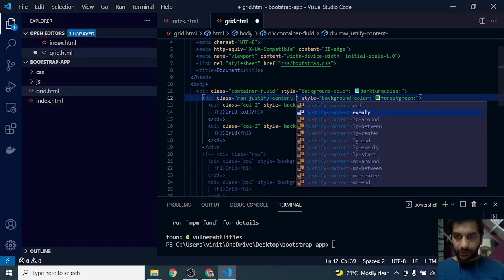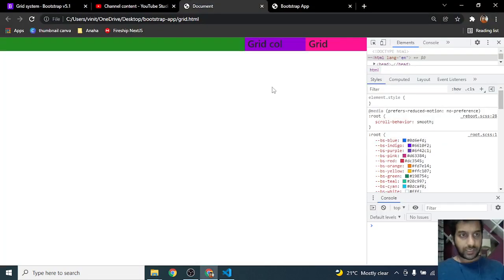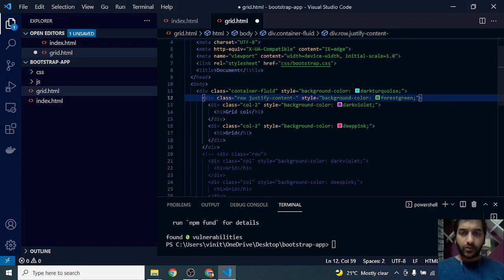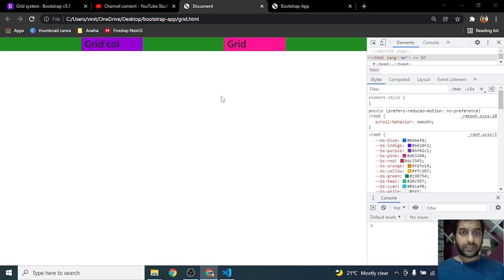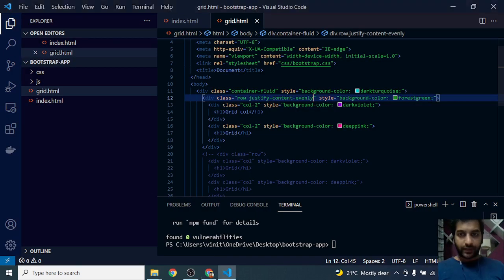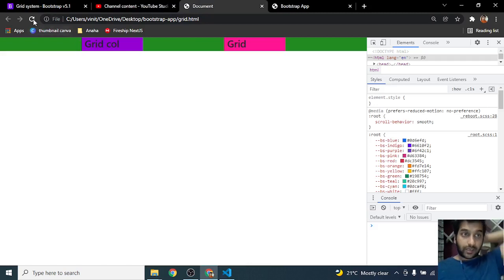Now next option is evenly. Let's look at what evenly does. Evenly may look a lot like around, but it works differently, because in around it was dividing the screen into two halves and then taking the center area of each, while evenly gives equal space in between.